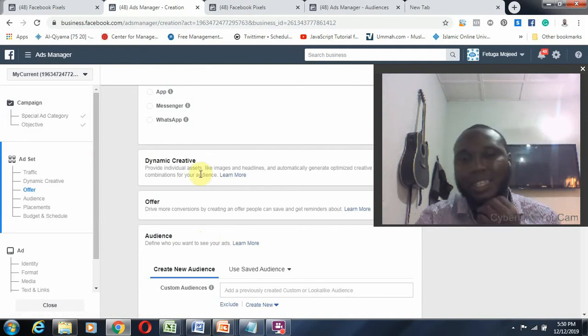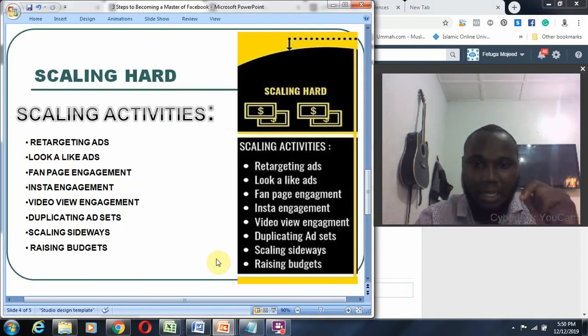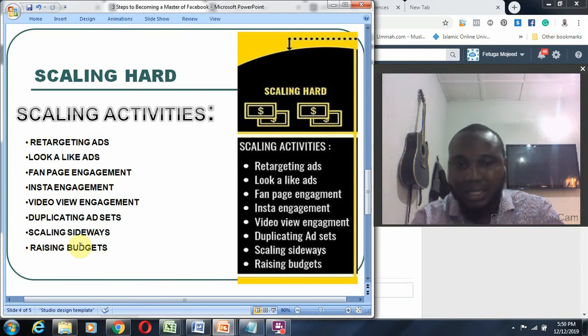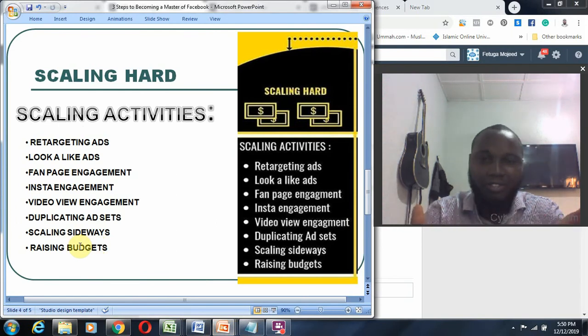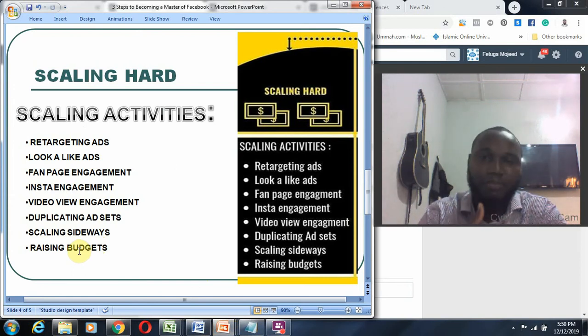So from the assets you'll be able to gather your data and take a good decision from that. And the next one is scaling sideways. Probably you have one ad set working, you want to scale it sideways, create more assets, or you raise the budget. Probably an asset that you have put $10 into is reaching 10,000 people per day. You now feel you should increase that to $20-30,